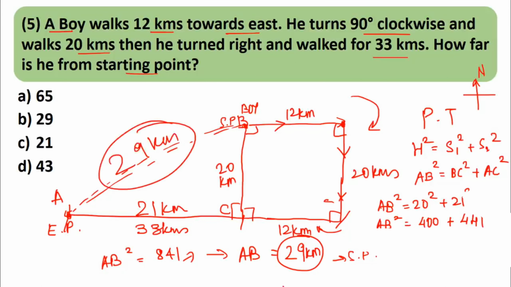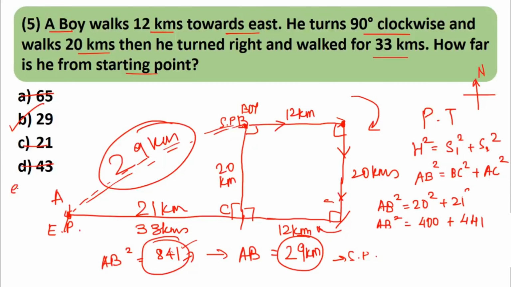Now it might happen that you might not be able to quickly remember what exactly is the square of 29 or what exactly 841 is the square root of. So see the options. You know this square ends with 1. Which numbers' squares end with 1? Only 9 and 1. 9 square is 81, 1 square is 1. So 65 and 43 cannot be the options. So the answer can be 29 or 21, but 21 square we have already seen is 441. So the answer has to be 29.